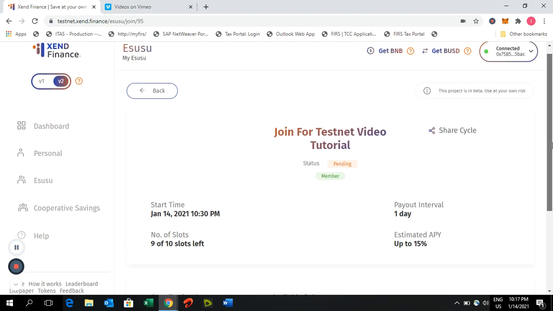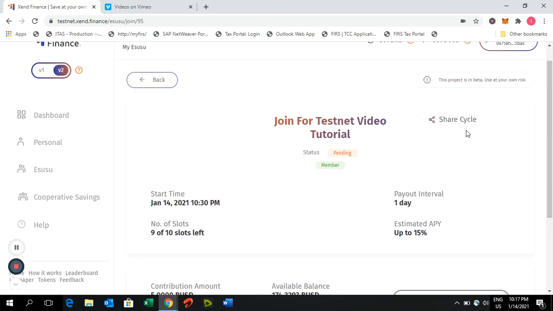group. I'm going to move right now. Before I move, there is also an option here to share your Esusu group with your friends that you're willing to invite to join. So you copy the link as I did earlier, link copied. So you copy the link and you can share on WhatsApp, your social media handles, or anywhere else, and your friends can. The link redirects your friends here,